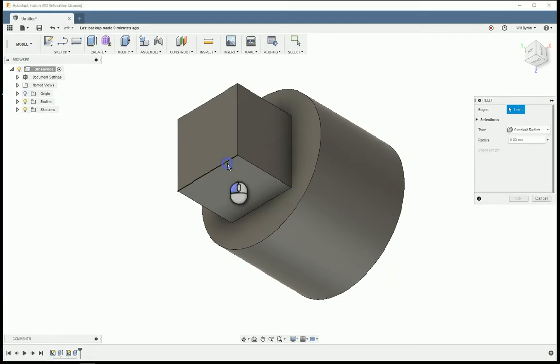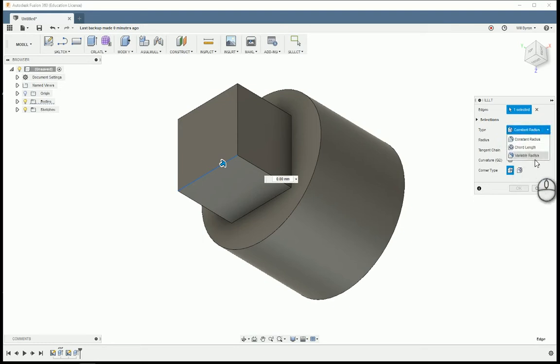So select whatever edge you want. Input whatever radius you want, as well as how you want to actually fillet it. If you want it constant, if you want it variable, and so on. I'm not going to get into some of the smaller details, because it's pretty easy to explore, and I'd rather not make everybody brain dead on a Wednesday. And I know I talk too much. So,